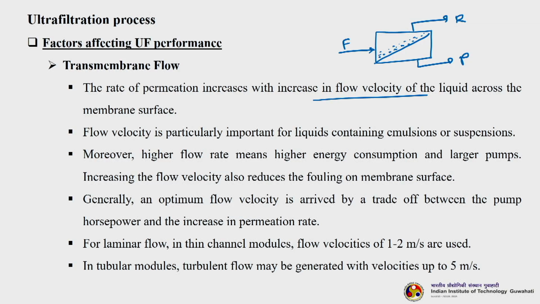We have discussed in one of our classes that one of the most important methods to reduce concentration polarization, there are many of course, and subsequent fouling is to increase the cross flow velocity. This is what the first line is telling: the permeation or the transport will increase when you increase the cross flow velocity, because the higher velocity will try to wash away the solutes that are getting deposited on the surface of the membrane.